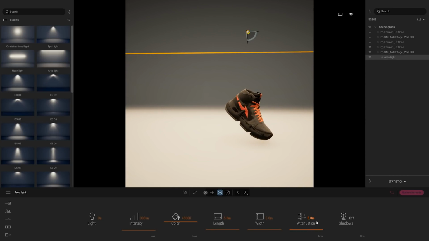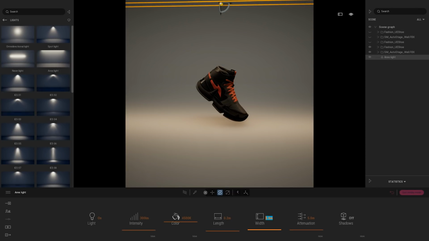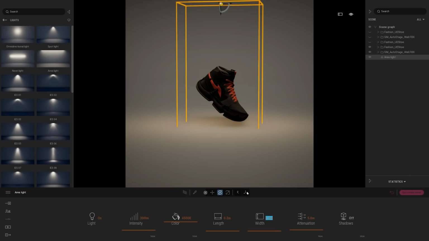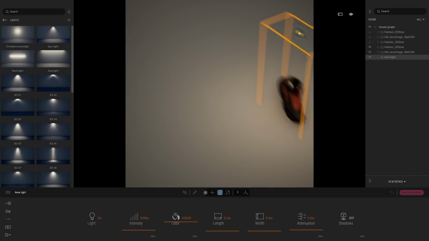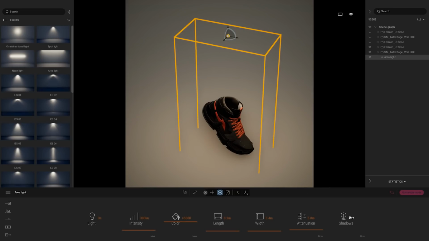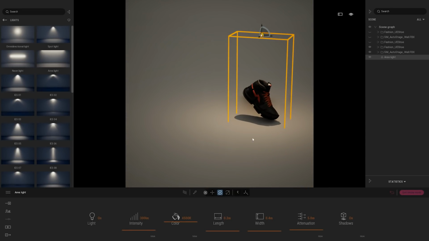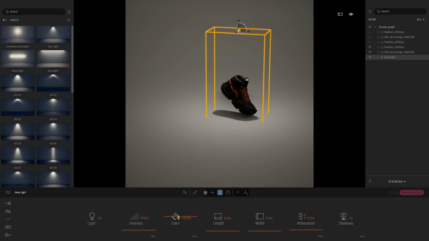By default, the setting of that area light are not the one I want to use, so I'm going to customize that. For the length, I'm going to use 0.2. For the width, 0.4, so it matches roughly the shape of my shoe, like that. I'm going to turn the shadow on. Also, by the way, if you look around, you can see that the color created by that light is pretty yellow. So here I'm going to change that and make it something a bit whiter. 65 will be the perfect fit for that.